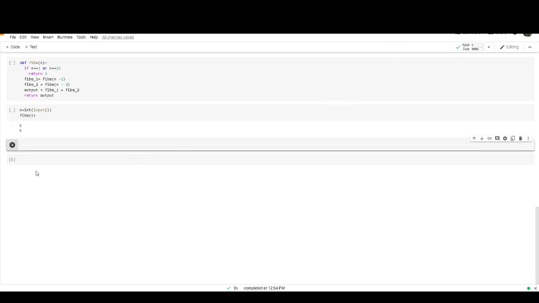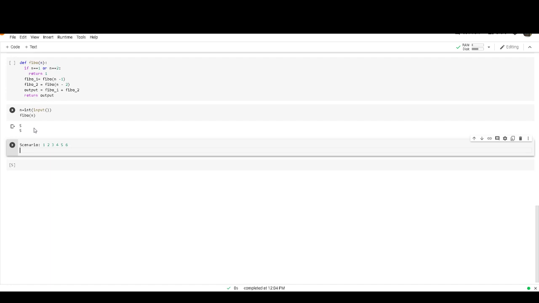Good morning, friends. Today we will talk about how to check if a list is sorted or not using recursion. This will not be the best-case approach, but we are trying to learn recursion in the best way possible. First, I want to learn how to check if the list is sorted using recursion. Let's consider the first scenario: 1, 2, 3, 4, 5, 6. This is the first scenario.